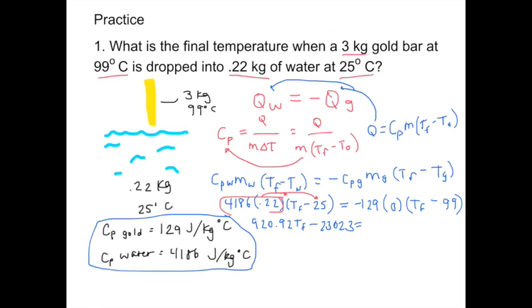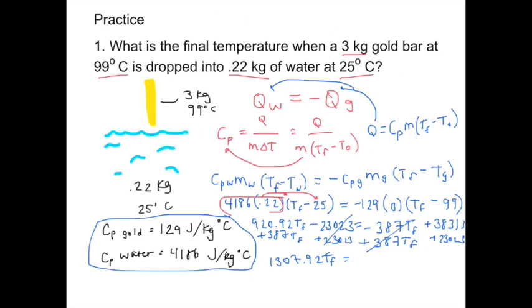Then on the other side, I'll distribute again to get that negative 387 times the final temperature plus 38,313. That's also just through distribution. If I simplify by adding to eliminate this value, and also adding the 23,023 to the other side, I get that 1,307.92 times the final temperature equals